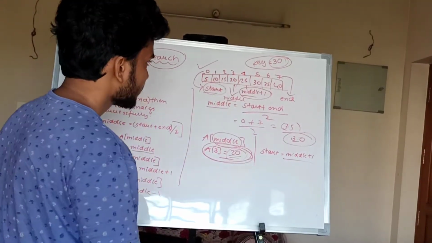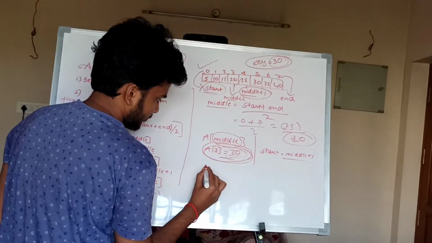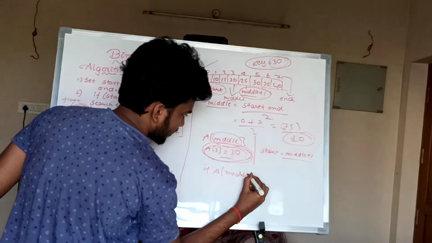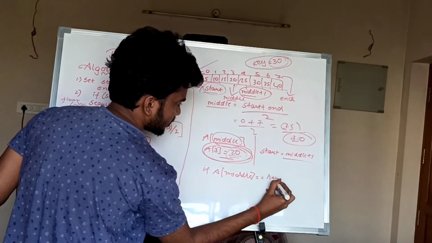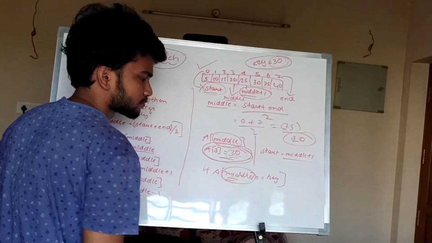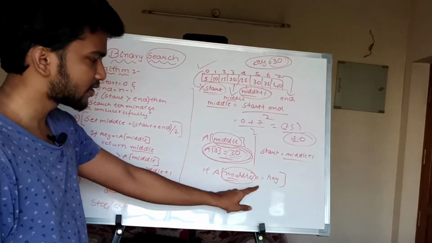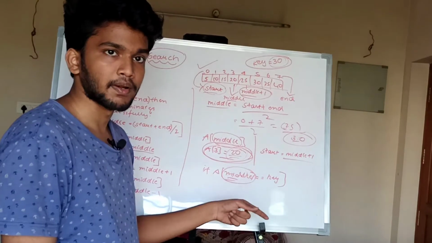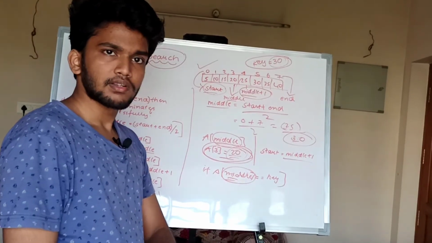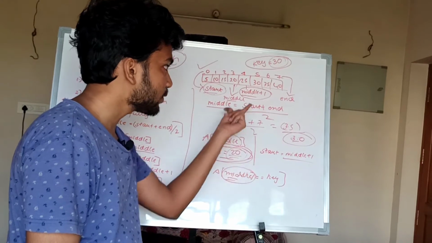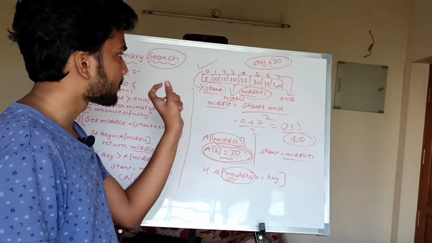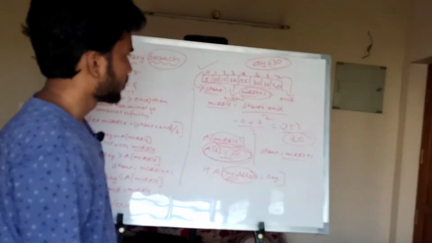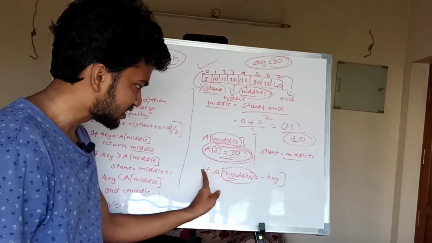See, there is a condition that if a of middle is equivalent to key, then return this middle value, the first condition that we are going to check. So every time the call is made, the same thing is going to happen. If a of middle equals the key, the middle value, which is equivalent to the index value, is returned to us, meaning the particular element is present at that location. Here we didn't get that element, so this condition failed.